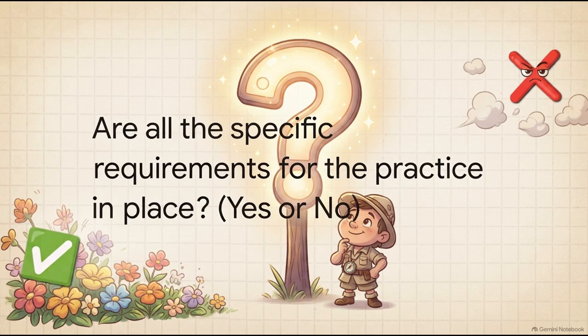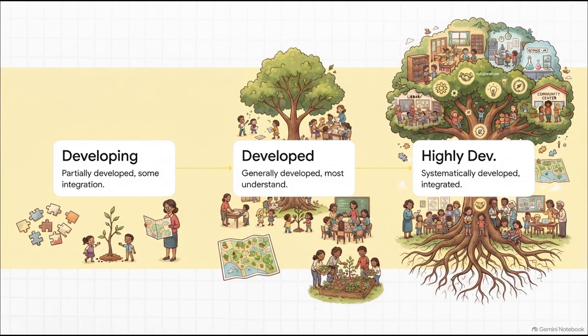Now, if those baseline requirements are met, you then get to chart your school's evolutionary journey through 3 developmental steps. You do this using a best fit approach for each practice. Remember, the IB practices are inherently aspirational, meaning schools are expected to integrate them more explicitly over time. You'll rate your implementation as either developing, where things are partially developed and maybe only some folks really understand it, developed, where it's generally implemented and most people are on board, or highly developed, where the practice is systematically locked in, fully integrated into all school processes, and understood by literally everyone in the community. Using this best fit descriptor really helps you capture your genuine growth and spot where you still need a bit of work.